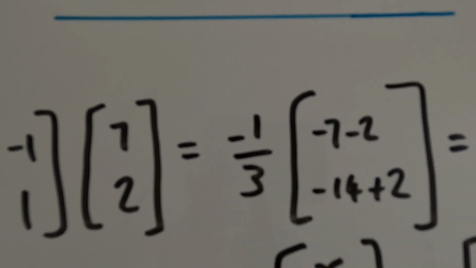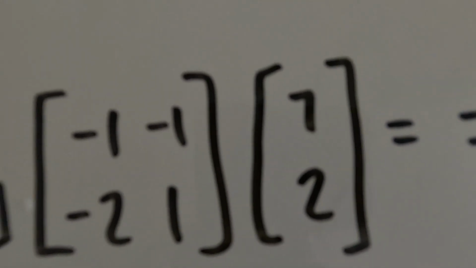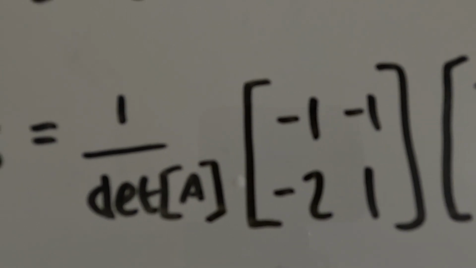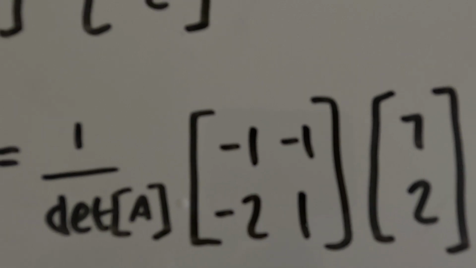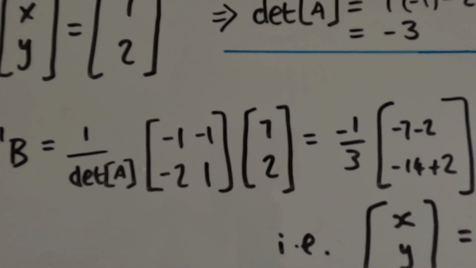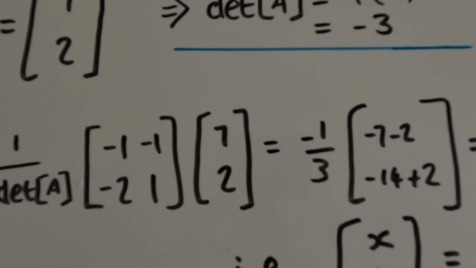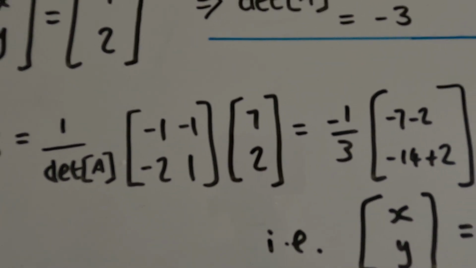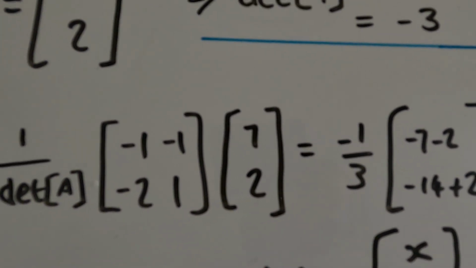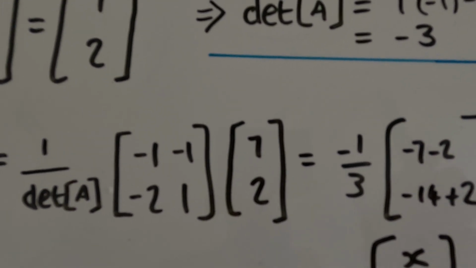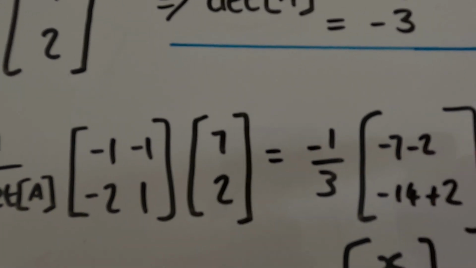Now I'm going to leave that outside the matrix for the moment, because it will be much easier to multiply these integers together than it will be if I multiply by fractions. Because if I put the determinant inside now, I'm going to have fractions in there, so I'll leave it outside for now. Okay, so how do we get this? To multiply a 2 by 2 matrix by a 2 by 1 column vector, we just apply the matrix multiplication rules. So it's row by column rules. So this entry here,